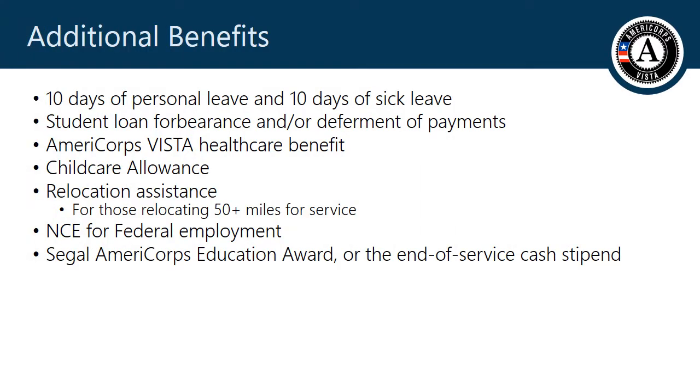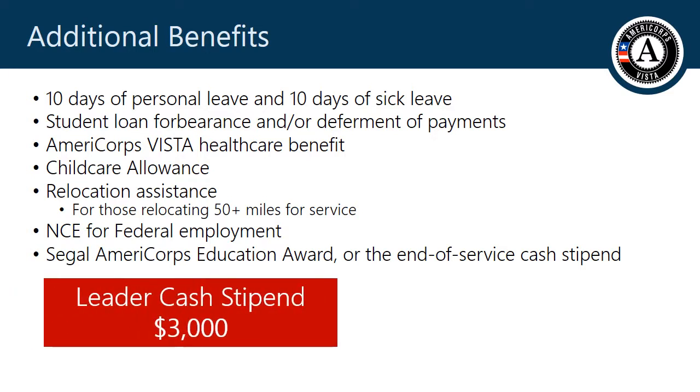Like all VISTA members, VISTA leaders receive 10 days of personal leave and 10 days of sick leave, student loan forbearance and or deferment of student loan payments, the AmeriCorps VISTA healthcare benefit, a child care allowance for eligible individuals, relocation travel assistance and a settling in allowance for those relocating more than 50 miles to serve, non-competitive eligibility, or NCE, for federal employment, and the AmeriCorps Siegel Education Award or the End of Service Stipend. Did you know that leaders receive a higher end of service stipend than regular members? It's $3,000. Leaders also receive unique professional development opportunities, which will be discussed in the final training section of the